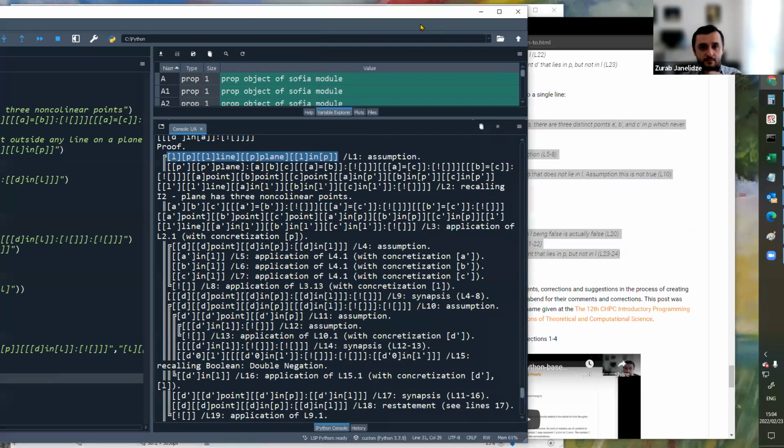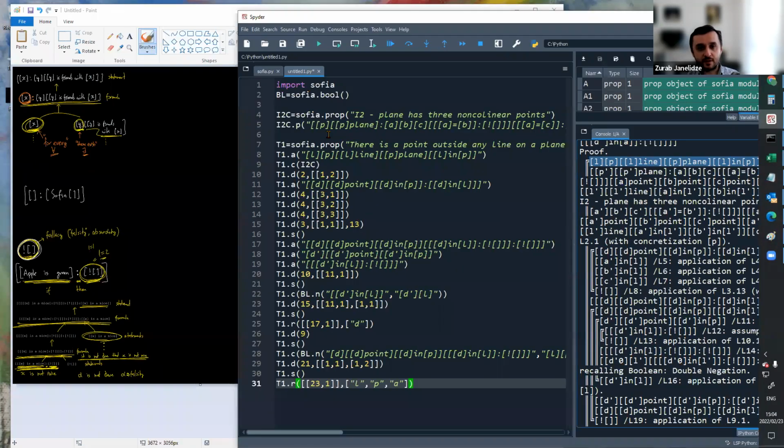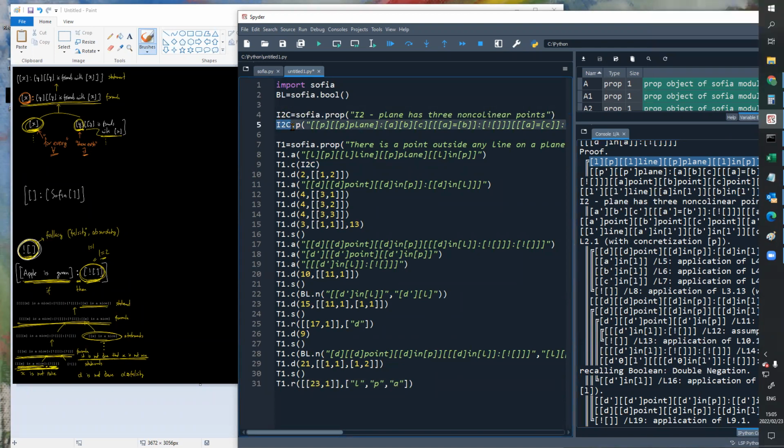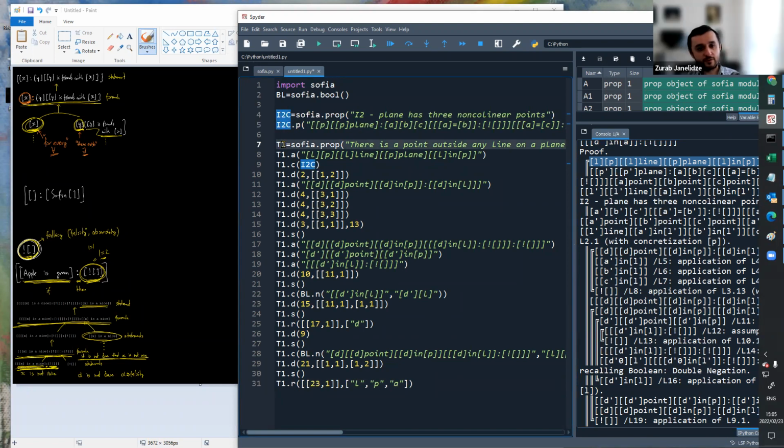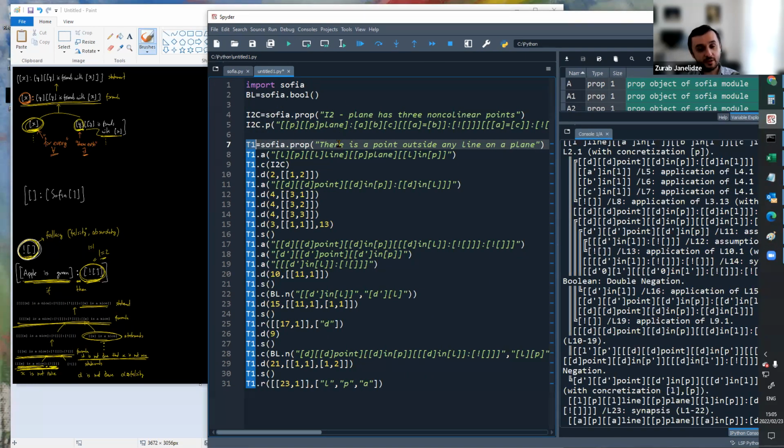If we look at the source code here, this is something we already talked about. This is the Boolean axiom builder. We will use it because we're going to use one of the axioms we just discussed. Then there are two things happening here. One is you see the .p command. It means that an axiom is being formulated. So I to C is an axiom, and then it will be used to prove a theorem. And so I'm going to explain now what the axiom says, what the theorem will be, even before we start proving anything, so we can visualize the whole situation and get an intuition of what's going on.